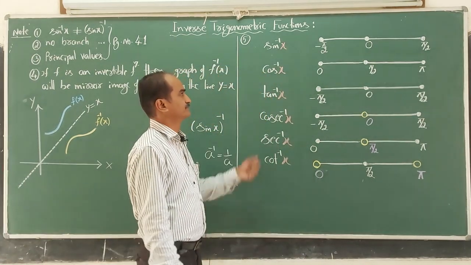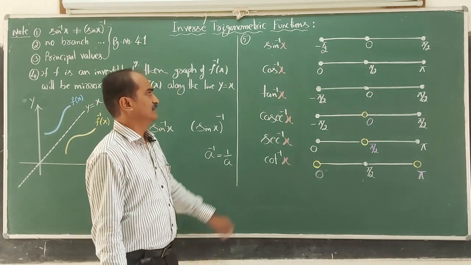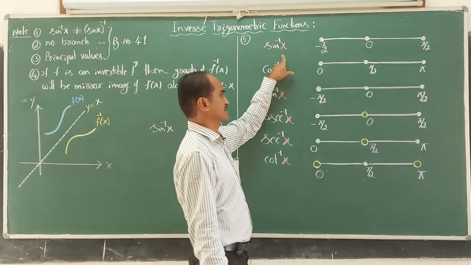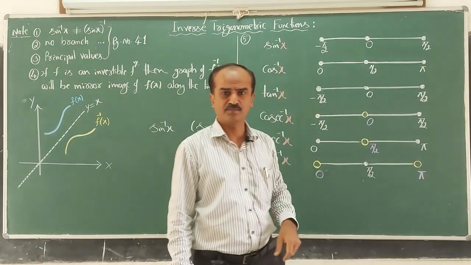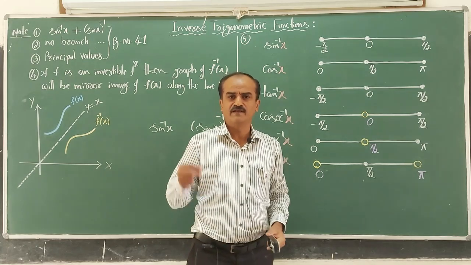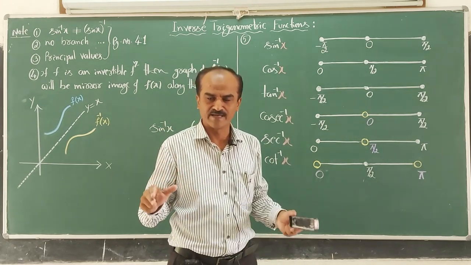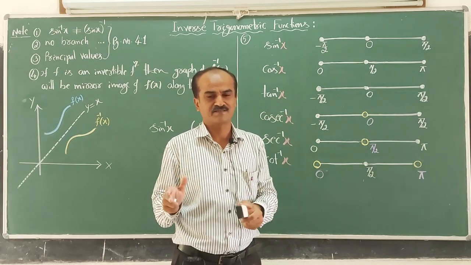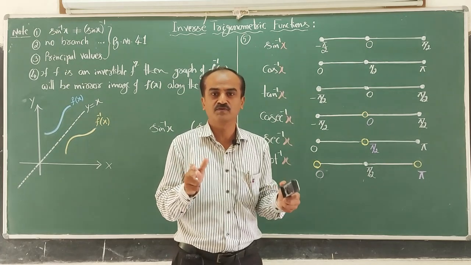Now, the other information you have to remember is, we know that sin inverse x lies in the closed interval minus pi by 2, pi by 2. Whenever x takes the values in the interval minus 1, 1, it is guaranteed that sin inverse x value lies in the principal range, that is minus pi by 2 to plus pi by 2.